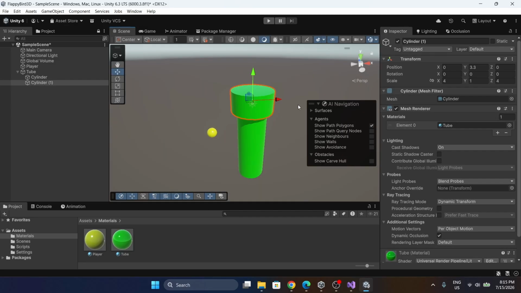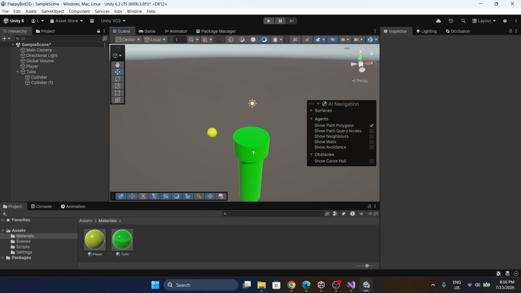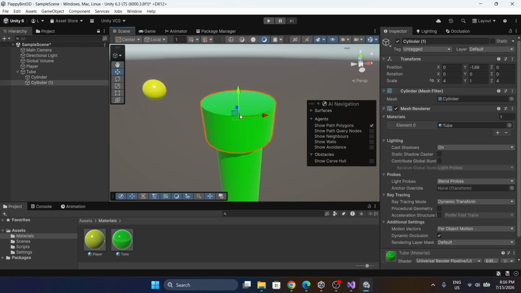So let's actually do one more thing. If you go to our game view, we can, oh wait, let's actually drag this down a bit. Okay. So now in our game view, you can see, I mean, it looks flat on top. So let's do one quick little trick here. I'm going to go over here, hit Ctrl D. I'm going to drag this up. I'm going to put the Y to something like